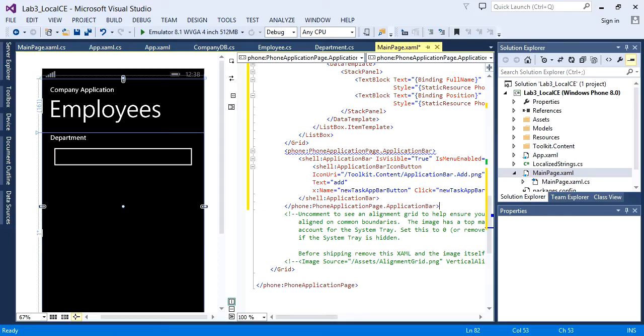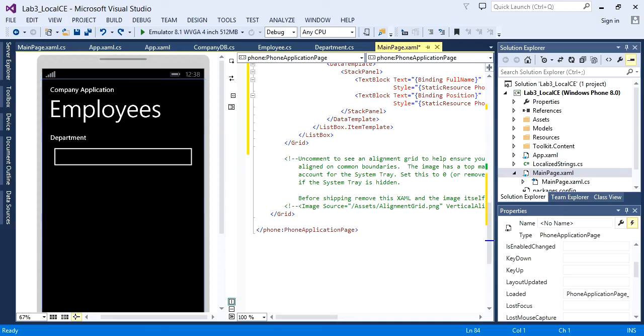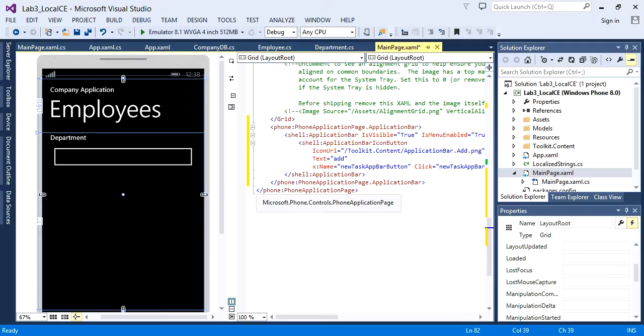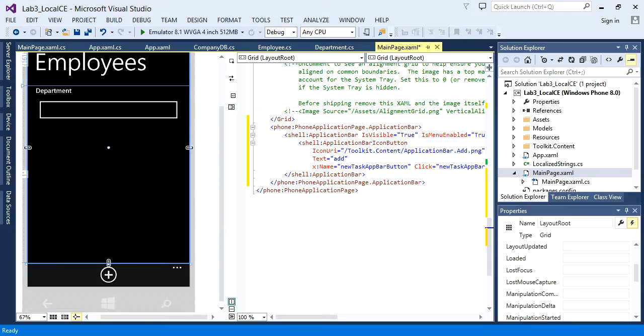Oh, sorry, wrong grid. After this grid, before the end of the page, right before the closing tag of the phone application page. All right, so all this application bar is, now I'll see it in the designer down here. It shows up as a little bar at the bottom. The 3 dots, you touch them to bring up the menu. There can be more and more stuff in the menu beneath, but at the very least, usually there are captions for whatever buttons you put on. When I run this, you'll see I can click